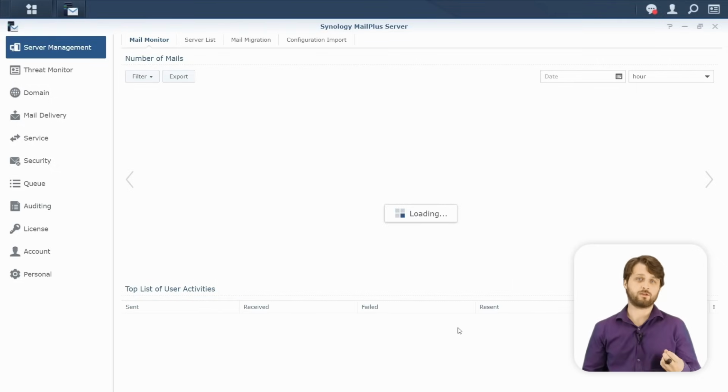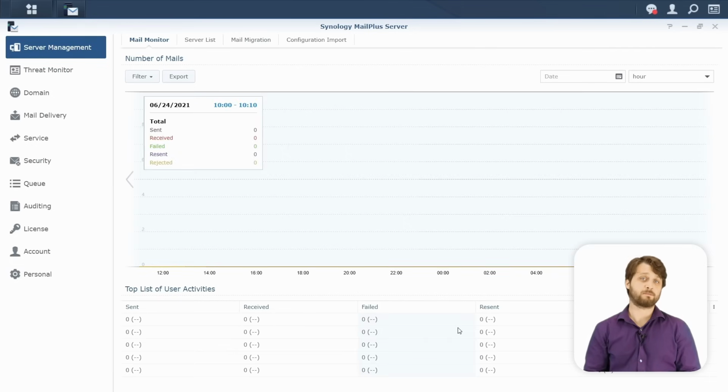Again, once you have those A records and those MX records all set up, you're now able to begin receiving and sending out emails once you enable those specific accounts under the account tab. We're going to go over how to do that in just a bit in the next demo, but that is how easy it is to set up Mail Plus.